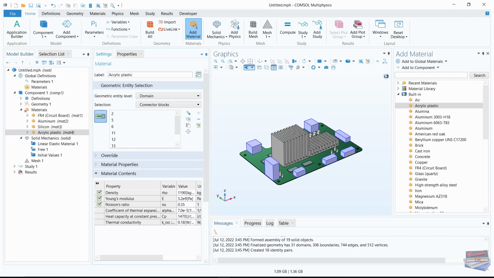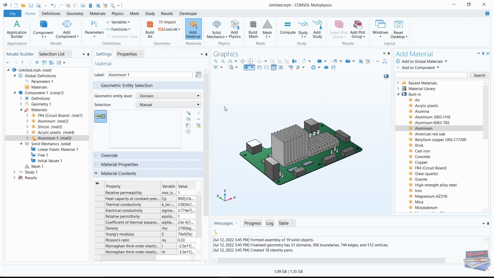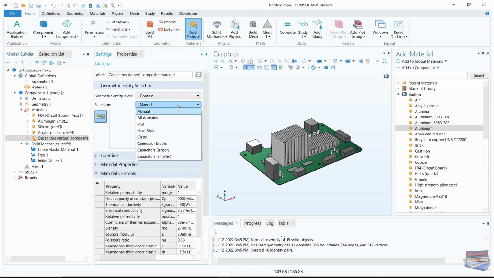Okay, let's navigate back to built-in. Let's add aluminum, let's add to component. Now we have to manipulate this because cylindrical capacitors have a complex internal structure with several layers of different materials. So we need to use some form of effective material manipulation for this. We would need to give it a new name. So let's call it capacitors larger composite material. And of course, for the selection, we would need to select the capacitors larger,